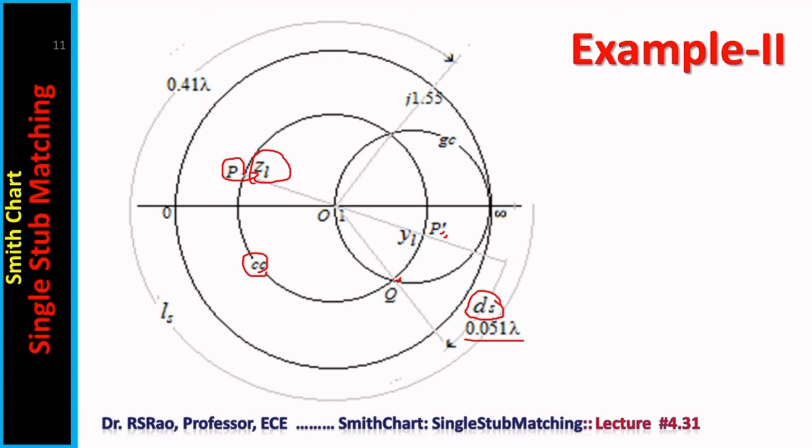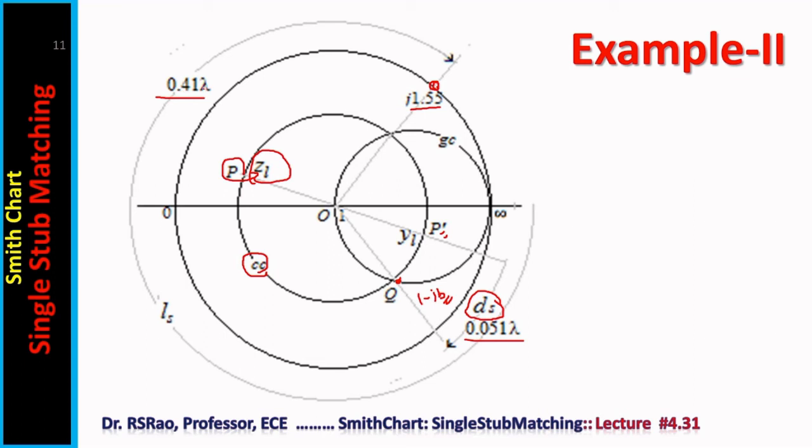Now, from the imaginary part of Q, as Q is in the lower half of the chart, it will be like 1 minus jB. Now the stub has to provide a susceptance equal to plus B. In this case, B from the chart can be found equal to 1.55. To find the length of the stub, one has to start from the rightmost point and move around the chart until plus B, that is the plus 1.55 susceptance point, is reached. Plus 1.55 will be somewhere here. The distance moved gives the length of the stub. In the present case, it turns out to be 0.41 lambda.